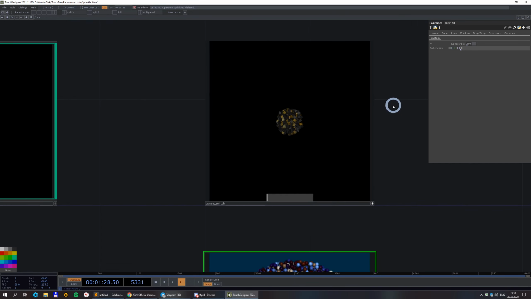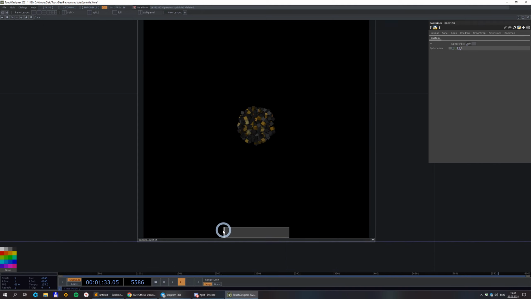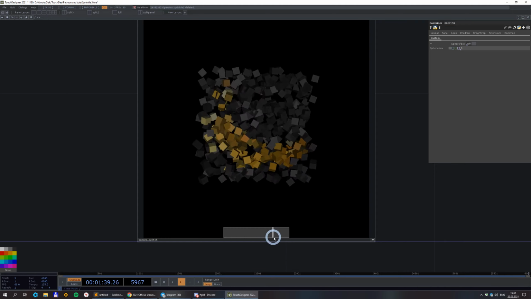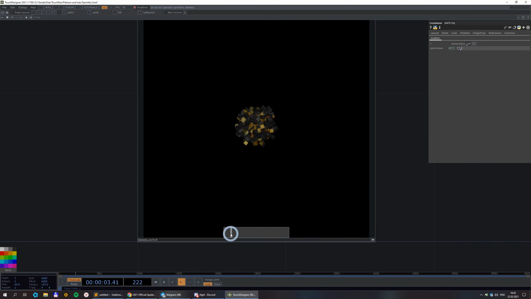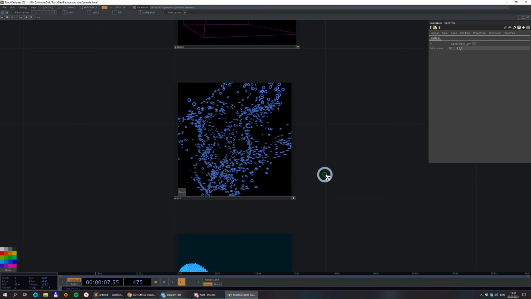You could also set the number of points in a Sprinkle, and it will allow you to easily switch and blend between two different geometries. They both consist of the same amount of cubes. Okay, you could also use it in your